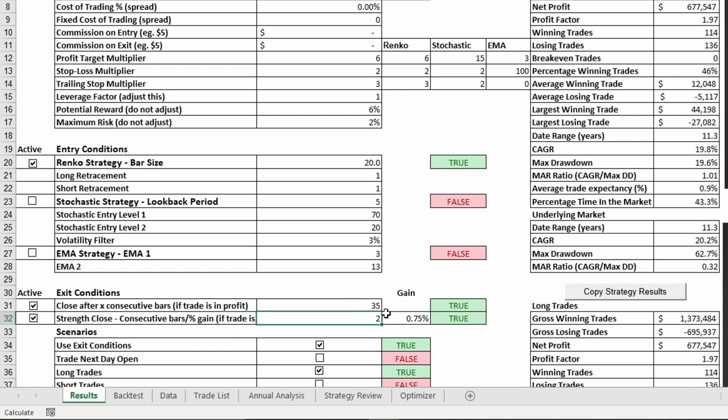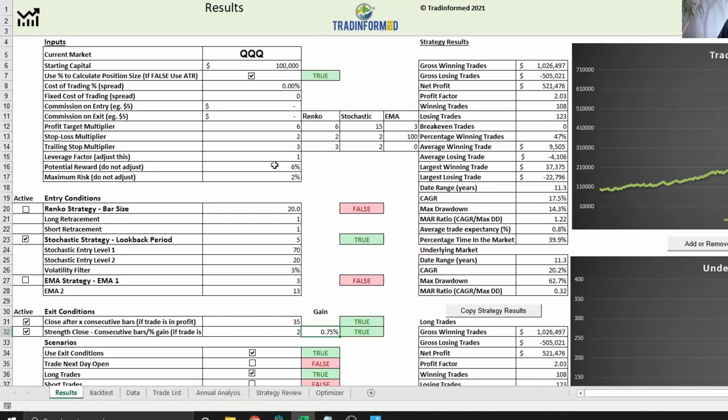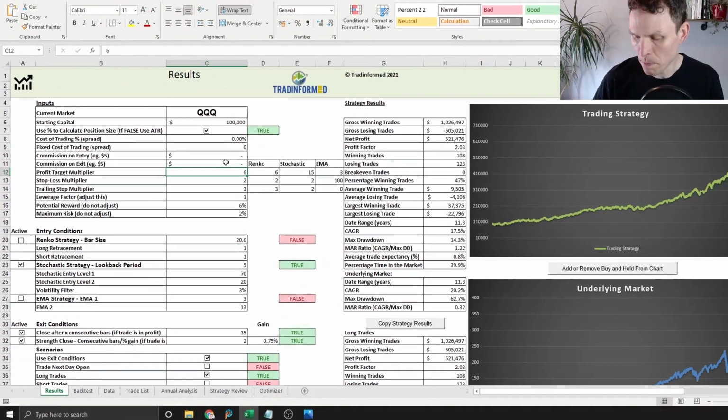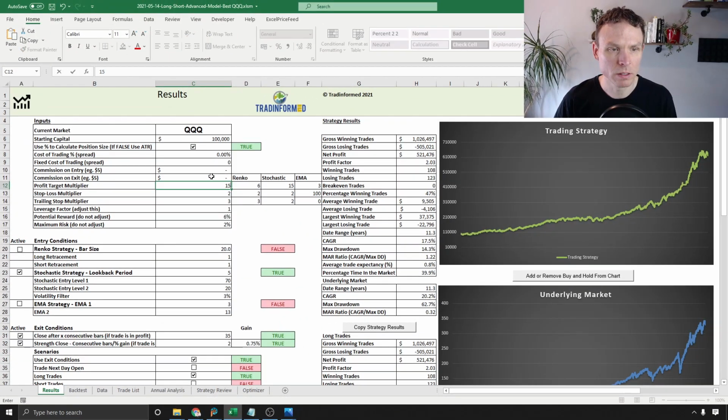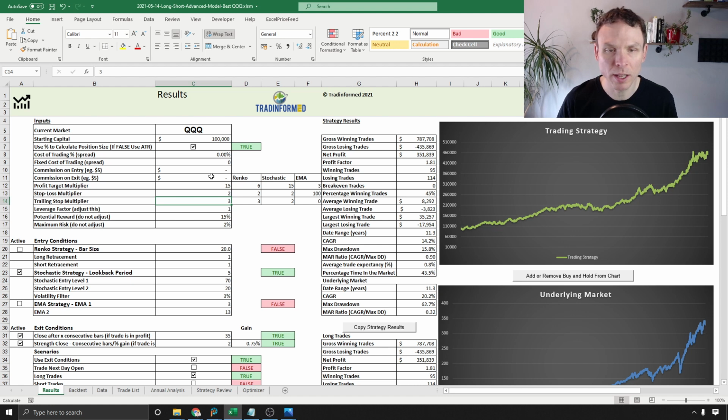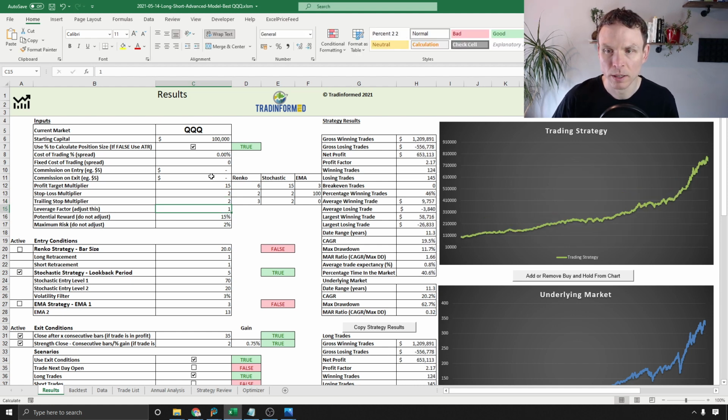So all that means is 2 consecutive bars of at least this gain, close to close, we will exit the trade. And I'll explain more about that in a moment. So we have Renko. If I check this box here, we can have a look at stochastic. Now the stochastic was probably the most versatile in terms of working for a number of different